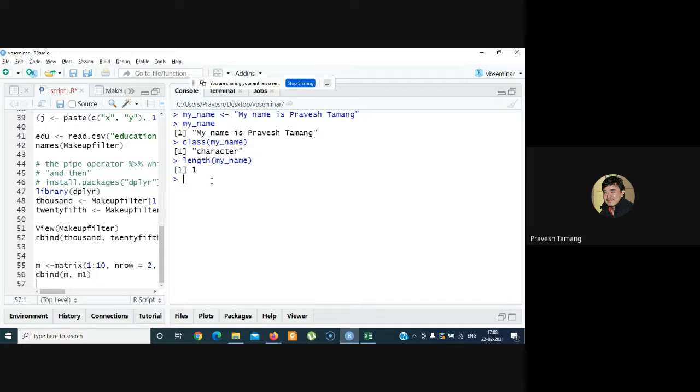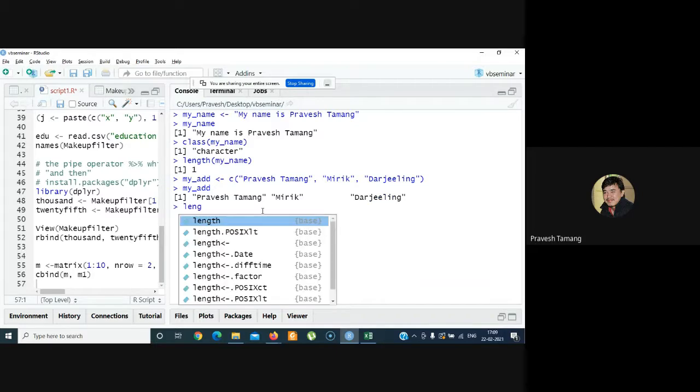All right, so let's do something else. My address is, let's say I want to give my full address. So I use a C function now. I give my name, and then I say this is my address. So if I do my add, then this will show me 3 strings over here, which means if I do length,